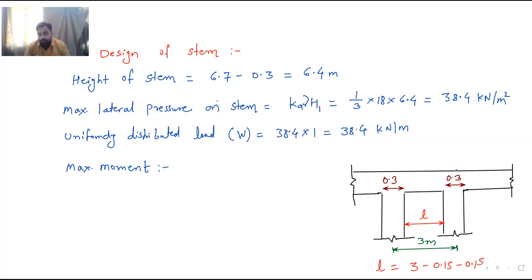Okay, 0.15. So instead of writing over here, I will write above. So your L is equal to 3 minus 0.15 minus 0.15. So 3 minus 0.3, it will be 2.7 meters. It is 2.7 meters. So this is your L. That is the span. So now the maximum moment for stem, in this case, we consider that the